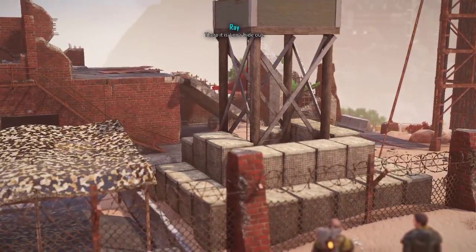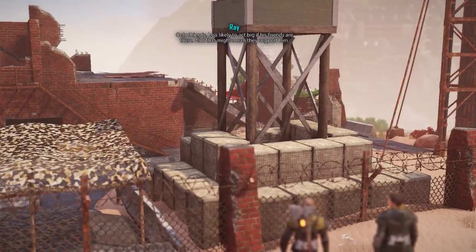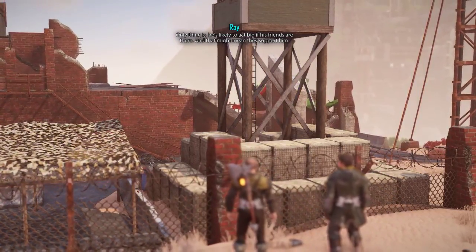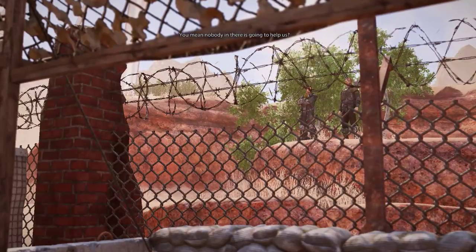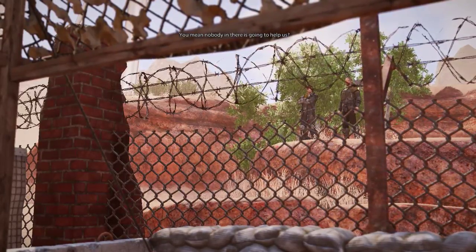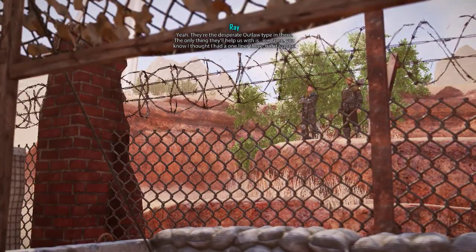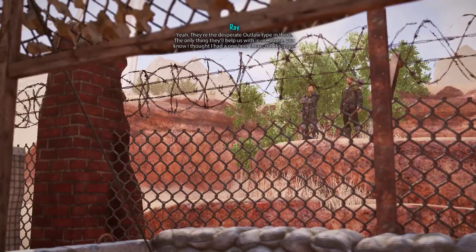There it is, Leo's hideout. Only thing is, he's likely to act big if his friends are there. And that might mean they support him. You mean nobody in there is going to help us? Yeah, they're the desperate outlaw type in there. The only thing they'll help us out with is...